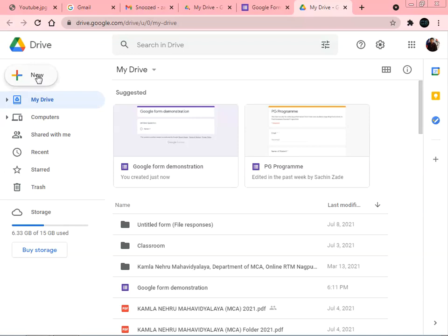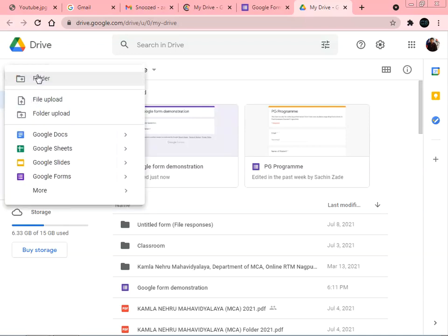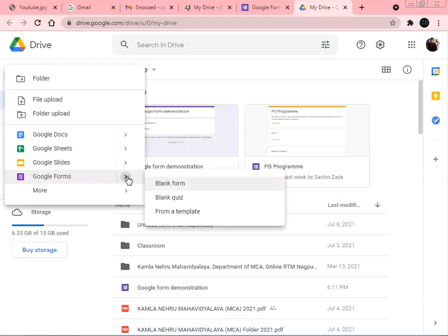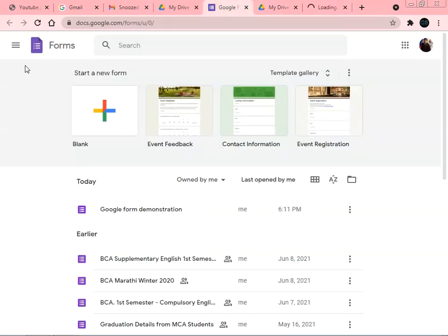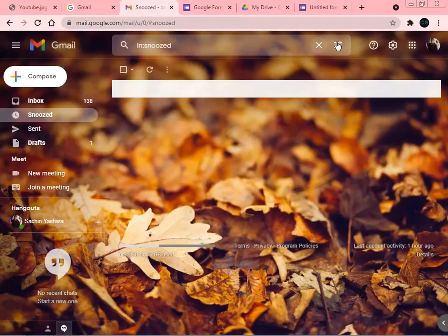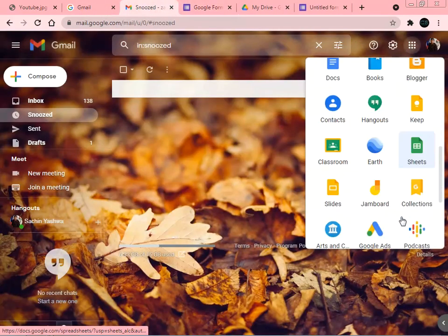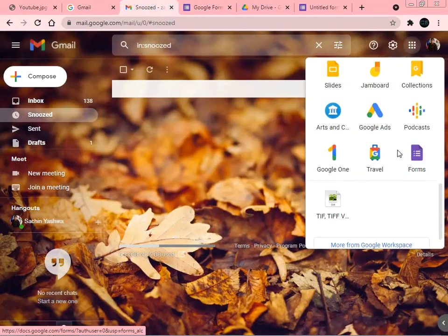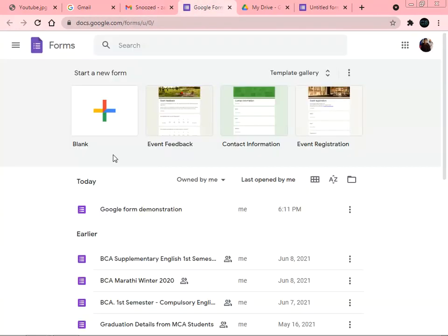In the drive we can click on this plus. Here we will get this Google forms option in the drop down. So here we will get this blank form option. So we select this blank form. With the help of the first option which we selected, that is forms, which is directly available here, we get this form window.